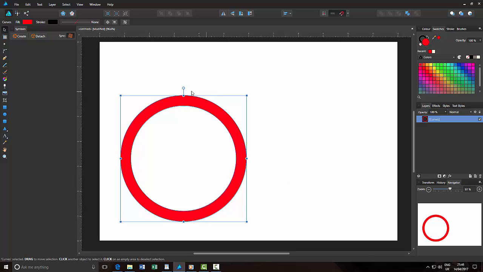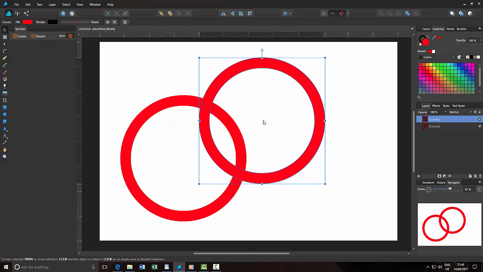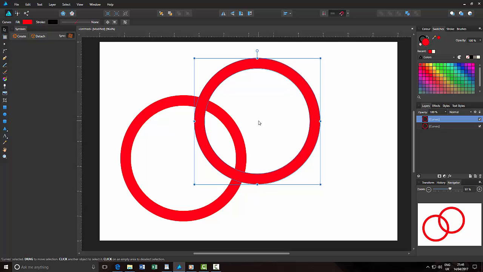once you have that set up like that, the next thing we want to do is hold down the Control key, and hang on, yeah, we're still on the move tool, hold down the Control key and drag out a copy of that red circle, and I'll position it roughly about there, and I'm going to change the colour of this one to blue, so I'm going to just pick that blue, and then again I will hold down the Control key and drag